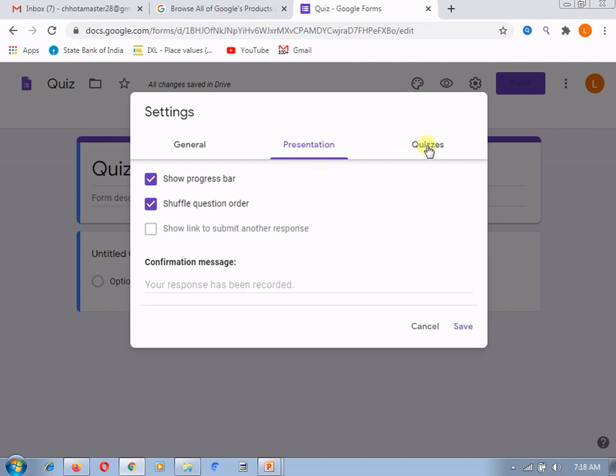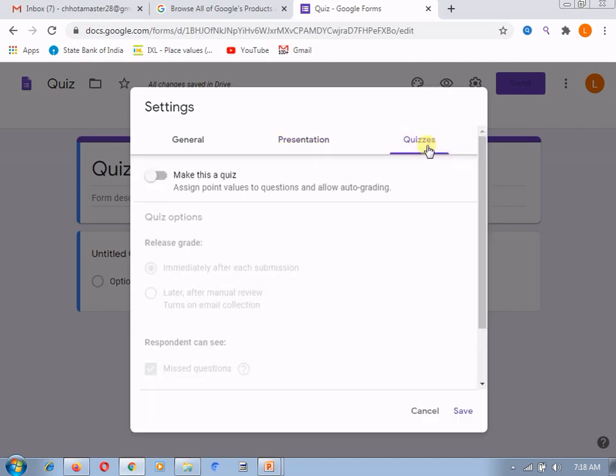And the last one is the special setting for quizzes, that is make this form a quiz. After keeping this on, you will be able to assign point values to questions and allow auto grading. So in this way you can provide auto grading to your form. It will get auto calculated as well as generated.